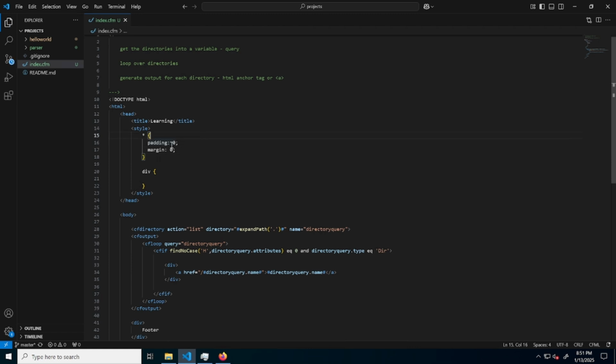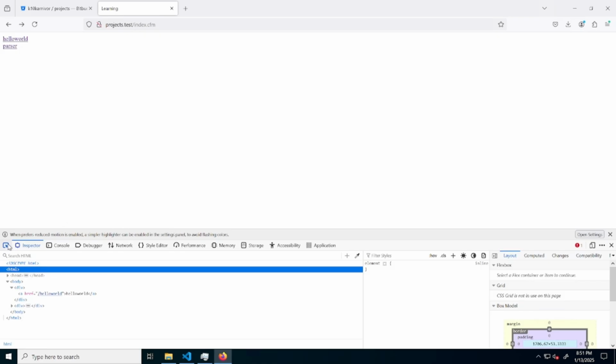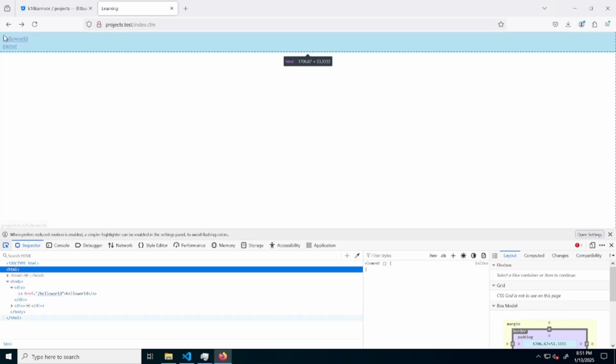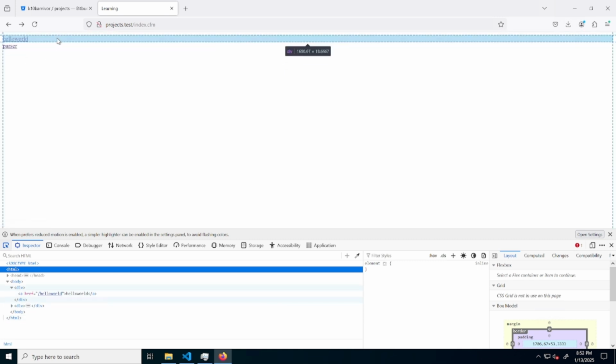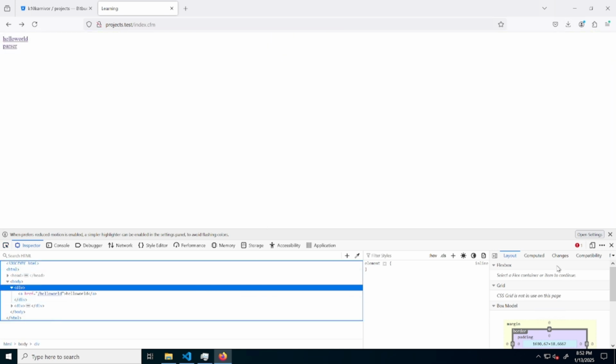So I kind of like doing this because let's go back to our browser here. Let me just show you something. There's built in paddings and stuff on some of these elements. So you see where this is. If you look at the top left here of this box, you'll notice there's white space above this and to the left of it. And when I hover over this div, it doesn't go all the way to the right hand side of the screen. So there's margin and padding on these elements